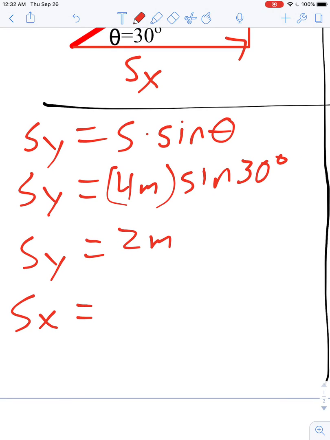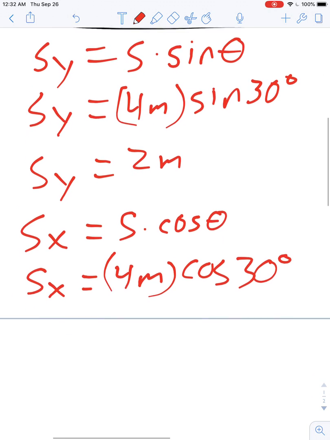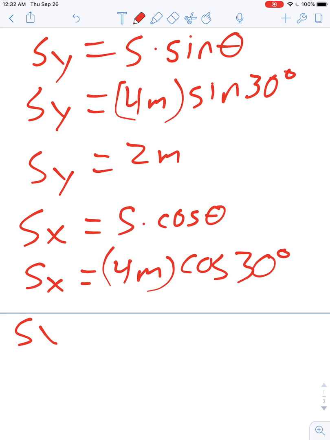So to get the horizontal component, I take the magnitude S and I multiply that by the cosine of the direction. So cosine theta, just like that. Okay, so sub in my numbers. Sx is equal to 4 meters times the cosine of 30 degrees. And so Sx will be equal to